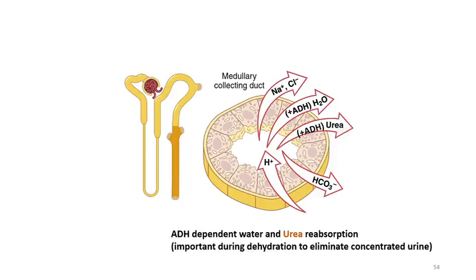This ADH-dependent reabsorption of urea is so important in the concentration of urine, because when we experience dehydration and ADH levels increase in our body, we are in need of more water reabsorption and more concentrated urine elimination. So ADH, next to increasing water reabsorption, increases urea reabsorption, and urea reabsorption in the medullary part of the kidneys increases the